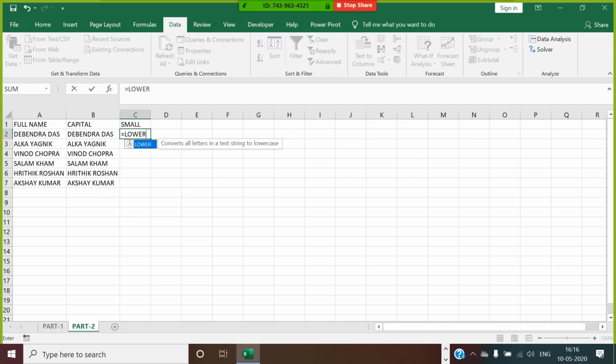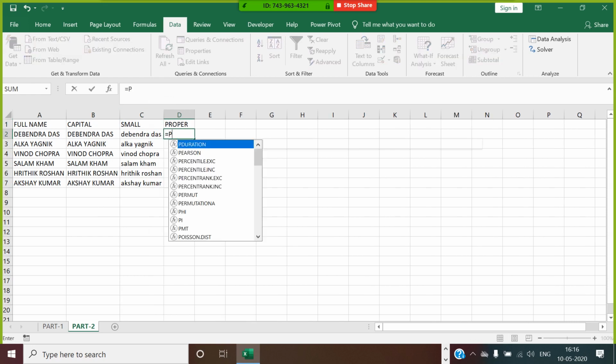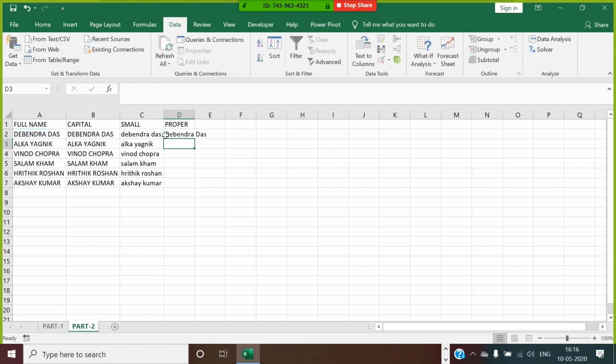You write LOWER of this name, and it is going to be in lowercase. If you say proper case, how will you get that? You write PROPER of this name, and it is going to be in proper case.